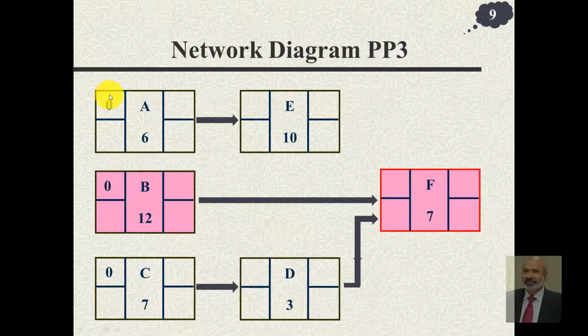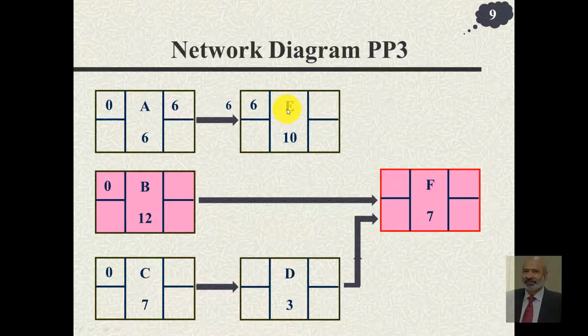Now we start filling the earliest start time of A, B and C. These are the activities that can be started simultaneously at time 0. If we start at time 0, activity A would finish at time 6. So this is the earliest finish time. And notice these arrows now represent events. The rectangles are activities, the arrows are events. So this number would be written near the head, representing that this event is completed at time 6.